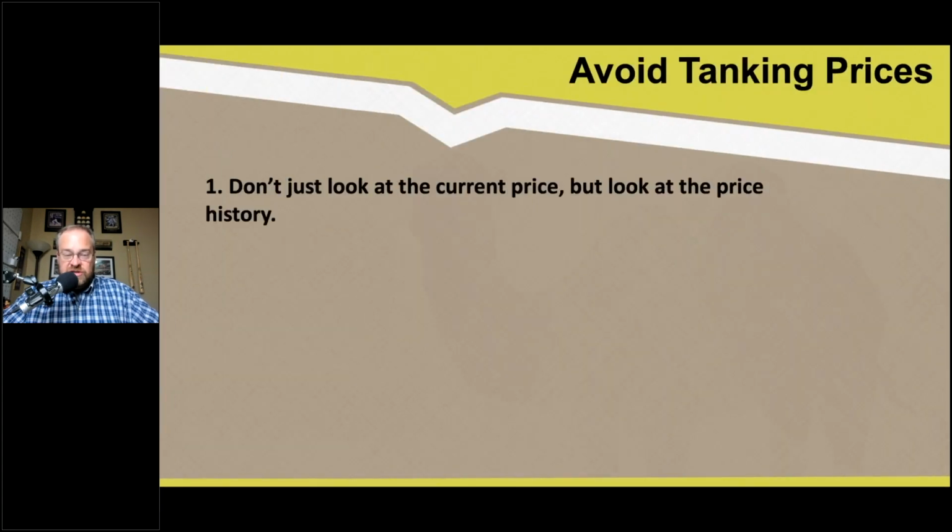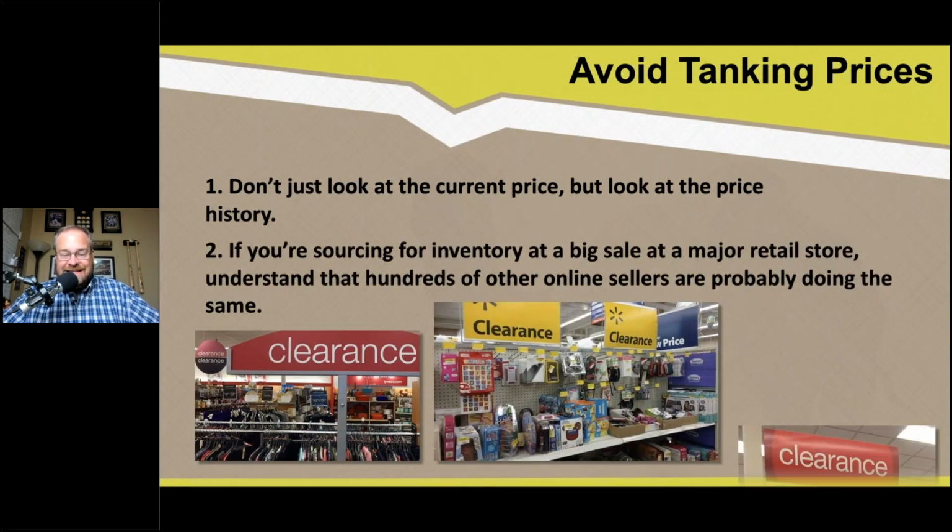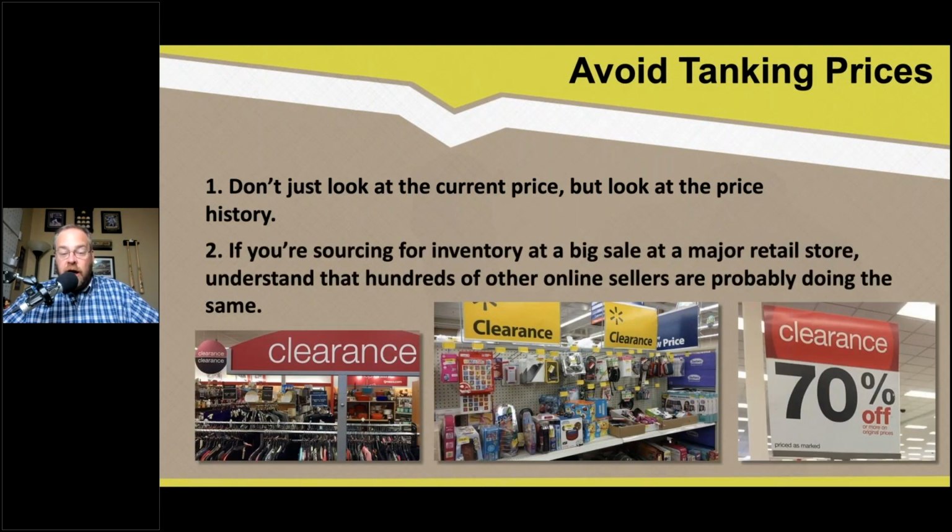Here's what to do. Don't just look at the current price, but look at the price history. If you're sourcing inventory at a big sale at a major retail store, understand that hundreds of other online sellers are probably doing the same. The end of summer clearance sale at Target is a well-known time for resellers to get a lot of clearance items. But then Amazon has tons of those inventory items at the warehouse, and the prices go down. So don't just stock up a lot at nationwide clearance sales. Clearance is good to source at, but you need to be smart with it, or need to be patient with it, because when the